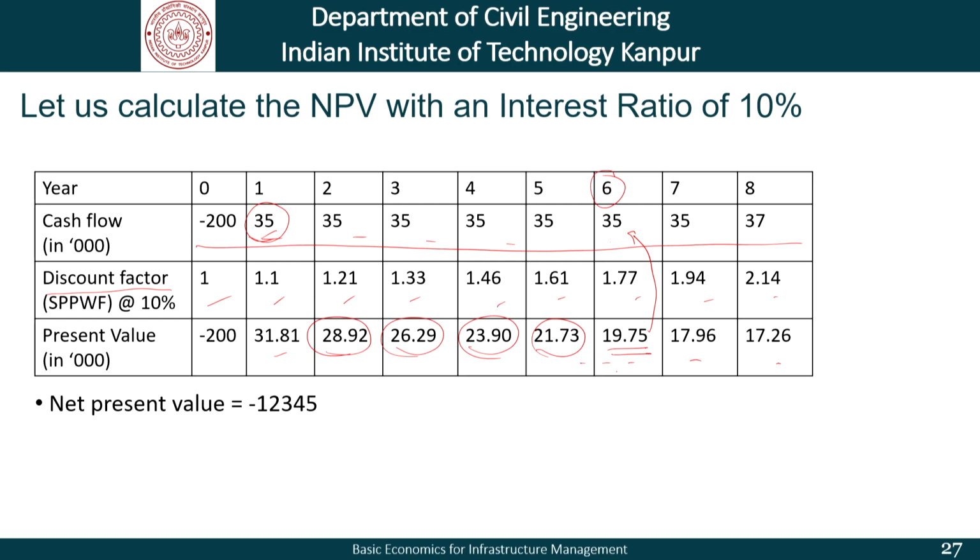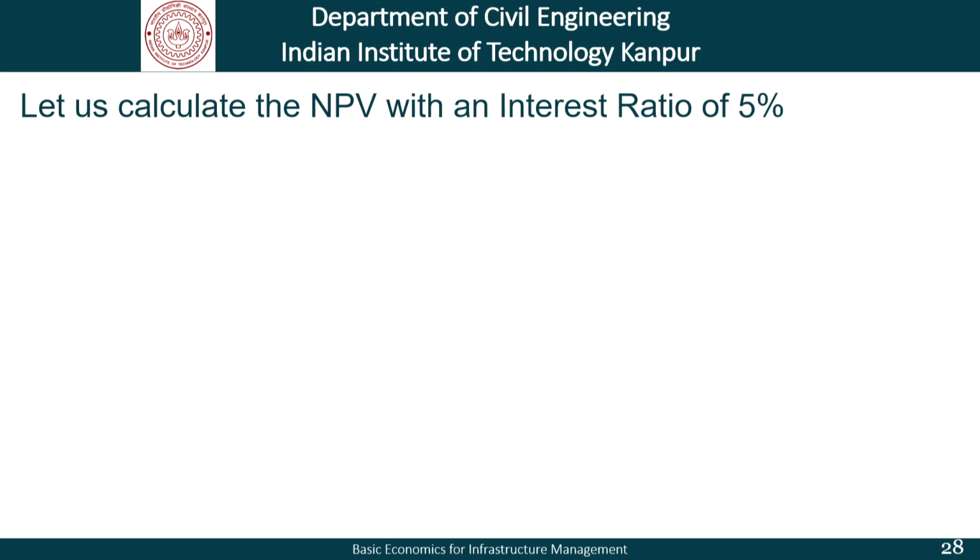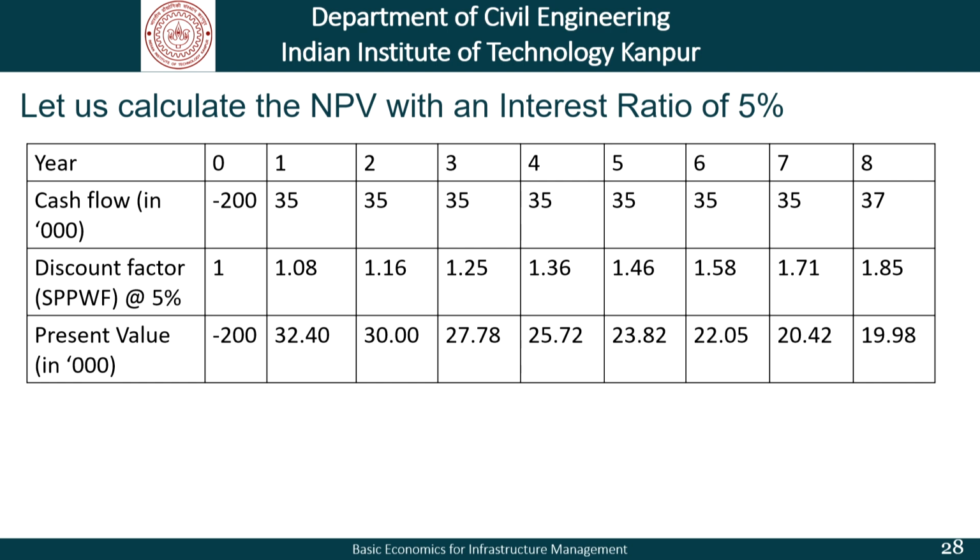12,345. If we repeat this calculation at different interest rates, we will get some very interesting results, and that is something which I am leaving out to you to do. So, instead of 10%, try to do it for another interest rate and see how the NPV changes. Well, even though I said that I am leaving it to you to do it, I am showing it to you for 5%. You could always do it for other interest rates, and if the interest rate was 5%, these values here would change, and so also would the